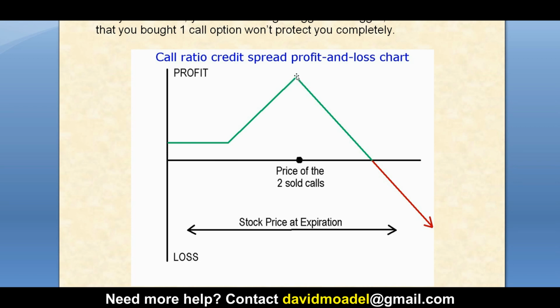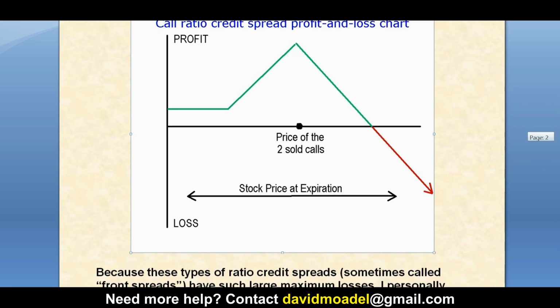When the stock price starts going above the short strike price here, your profit starts to get lower and lower, and then you get to break even. And if that stock price just keeps going up and up and up before expiration, now you're losing more and more money, and it could go on and on. I put an arrowhead there because it's infinite, really. You could lose more and more money, even more money than you have in your account, potentially.